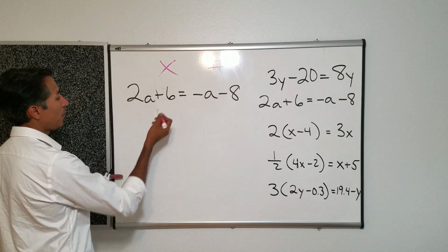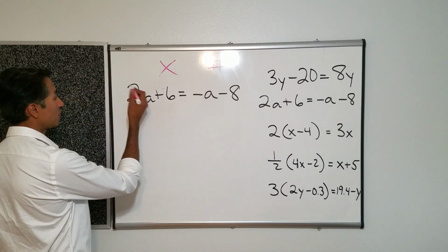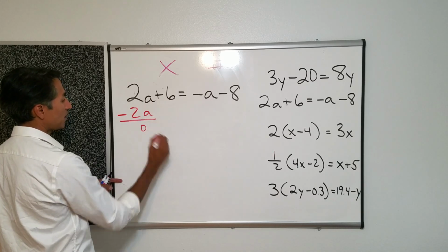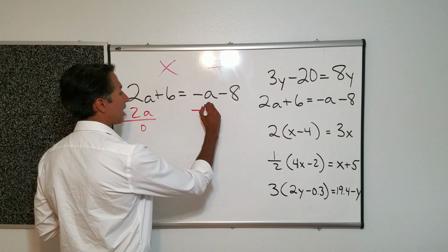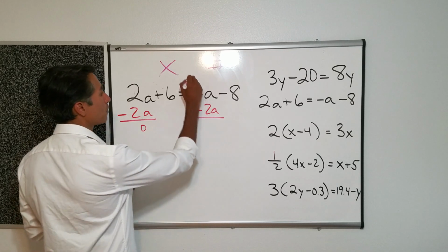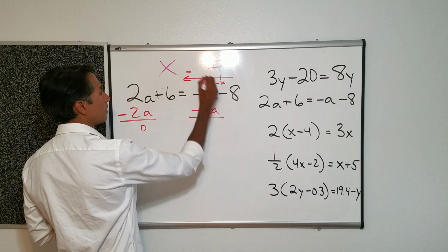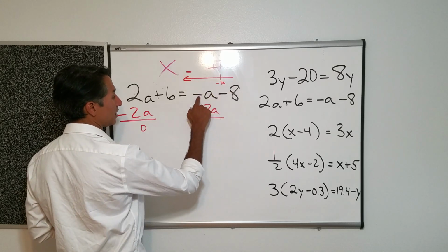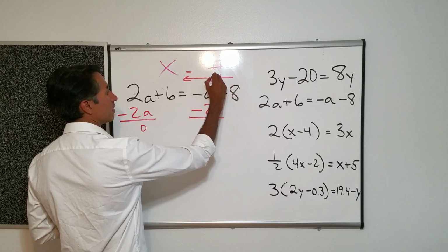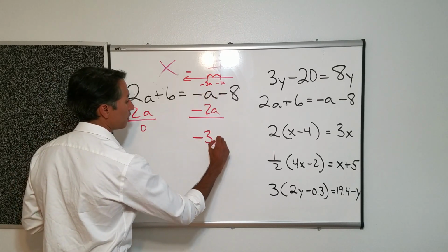So it's positive 2a's, right? If it was a negative 2a's, there would be a negative sign. But because there's no negative sign, I know it's a positive 2. So I subtract 2a's from this side, get it down to 0, and I subtract 2a's from this side. A negative a, again, this is kind of like that first problem. I know it looks weird, but a negative 1a, and if I'm going in the negative direction, 2 more, right? Because it's negative a, that's my starting point, minus 2 more a's is gonna put me at negative